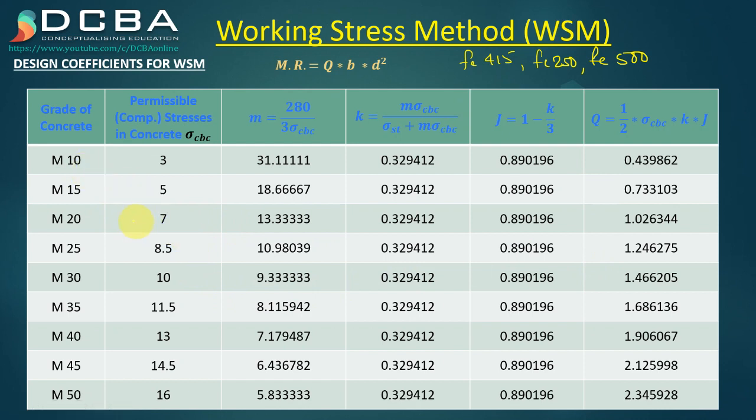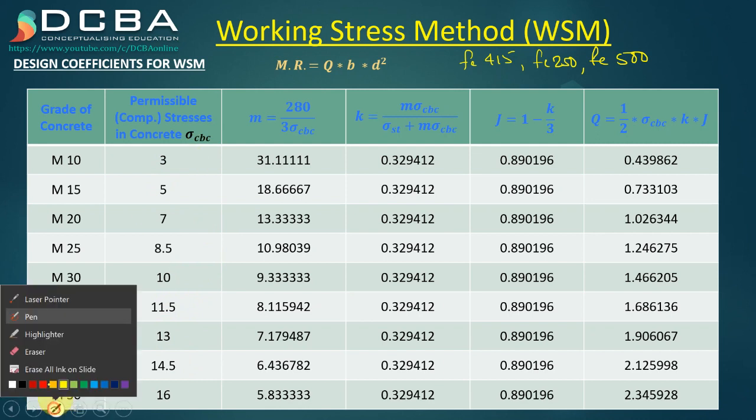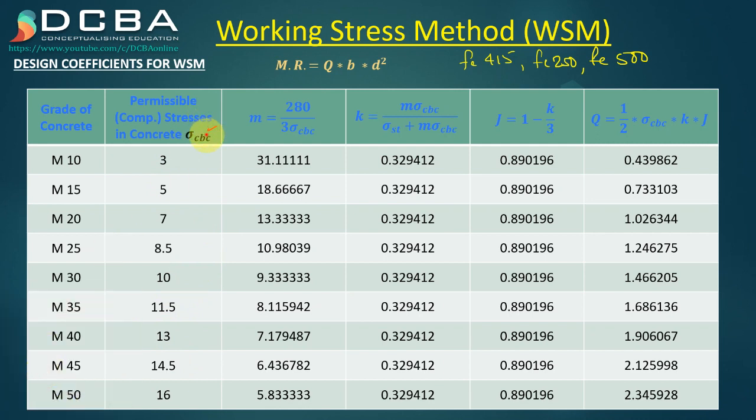The grade of concrete and permissible stresses I can get from IS 456. So I know my sigma CBC. I can put sigma CBC here and find the modular ratio M. Using this M, and sigma CBC, sigma ST depending on the steel,